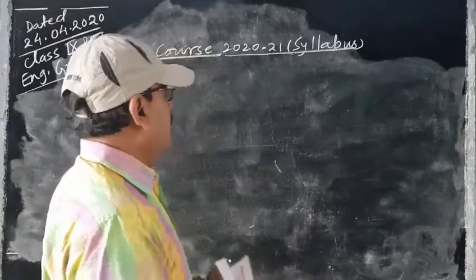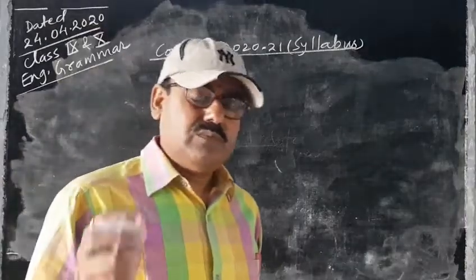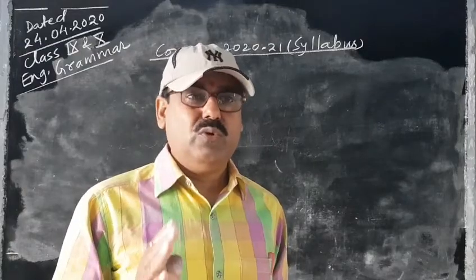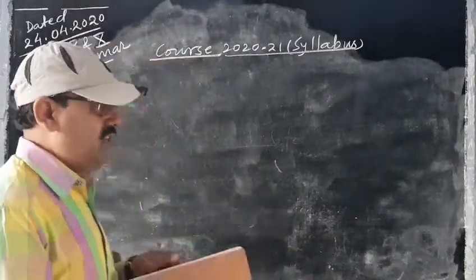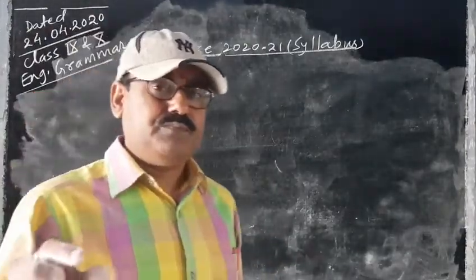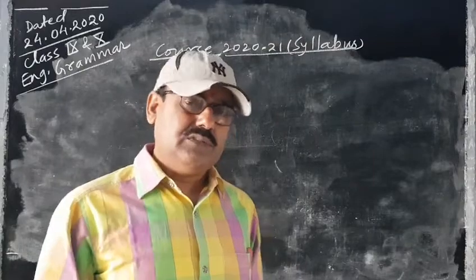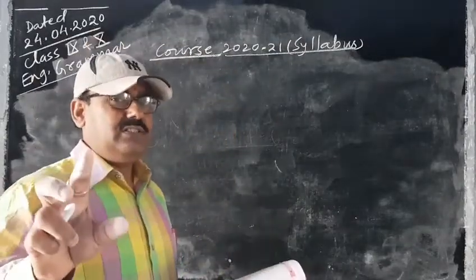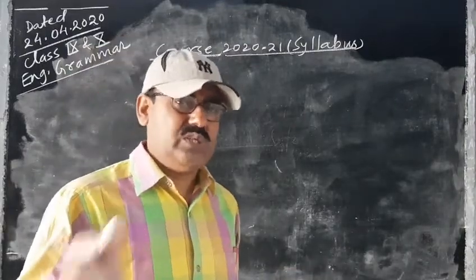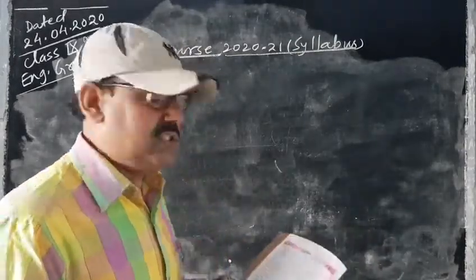Now first let us go for the syllabus. So we are starting here. You can check the syllabus by going to the CBSE site also. From there you can download the syllabus of English grammar for class 9 and class 10. This is the syllabus that we should study throughout the year for both classes 9th and 10th. Try to write it down in your notebook also, so that you keep it in mind while studying, and we go in the proper way to finish our course within the time limit.